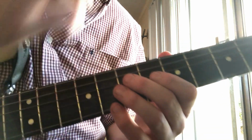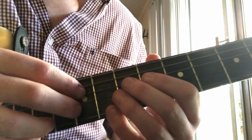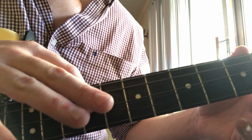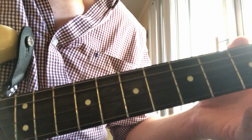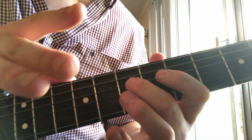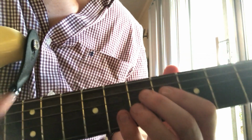Now pulling off, you have to do a little kind of the reverse, or the inverse, which is striking and pulling off, so it makes a sound. So instead of going,